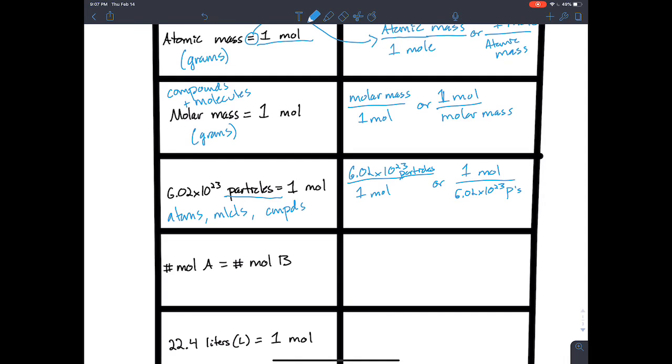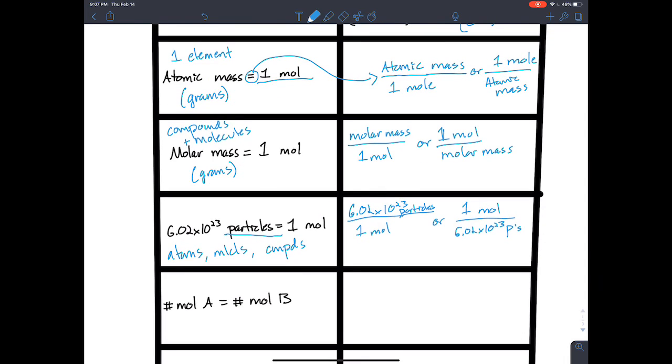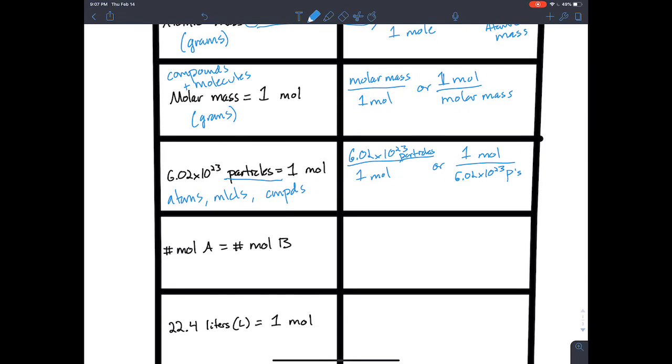Okay, so again, these three are really saying the same thing: atomic mass for elements, molar mass for compounds, and then Avogadro's number of particles, of atoms, of molecules is 1 mole. Okay? Now this next one